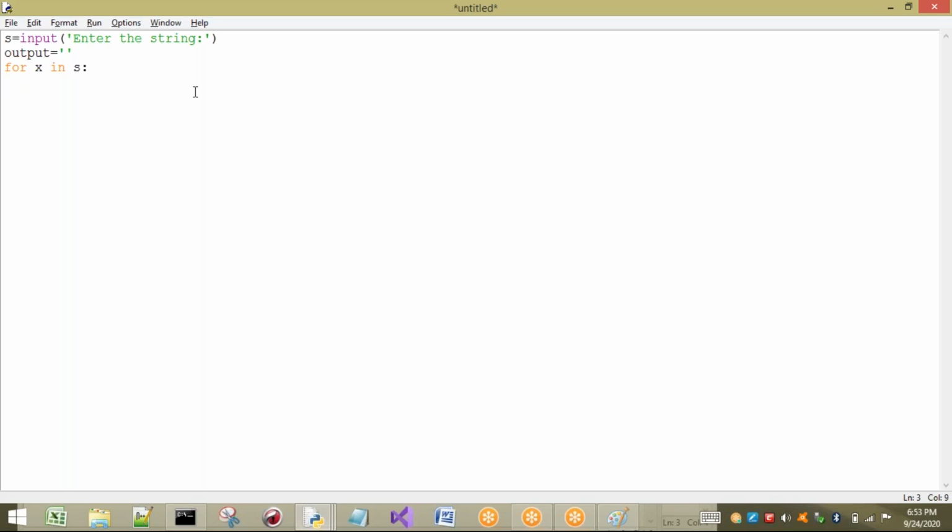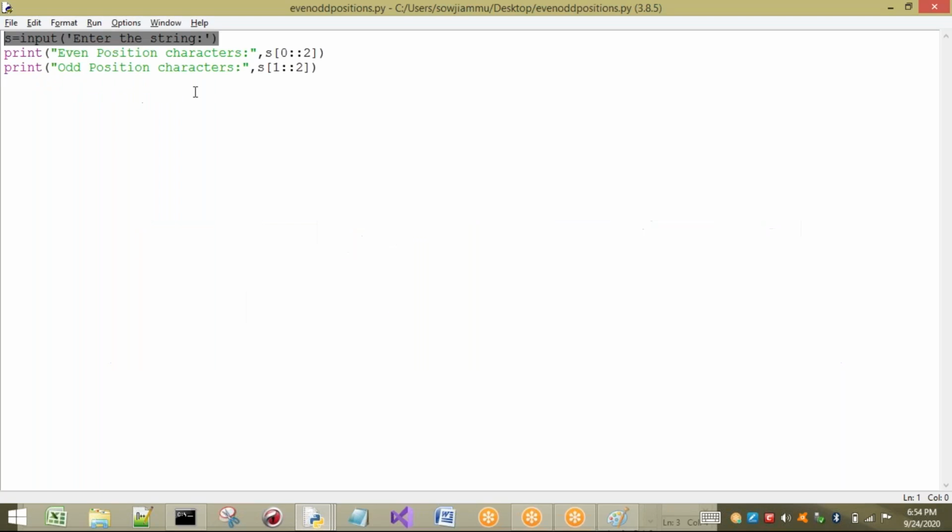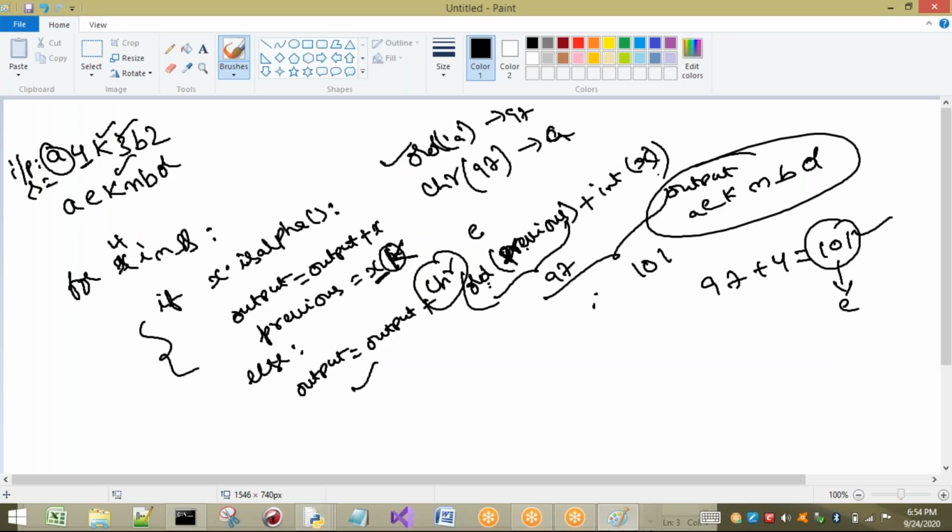I have to check whether it is an alphabet or numerical, so isalpha. If it is an alpha, output equals output plus X, concatenated with X. So in our example, A will always be the same. If it is an alphabet, it will be the same.